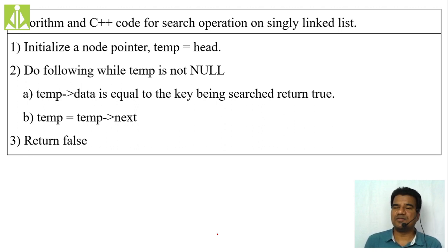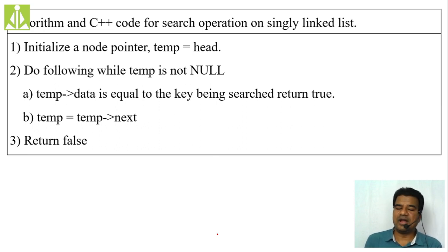That is the reason we are taking another pointer, similar to head, and naming it the temp pointer, a temporary pointer. Every time we move the temporary pointer one step ahead, and we check in that node whether the current value we are searching for is there or not. We call it the key. So every time we check whether the key is present inside that node or not. If the key is present, we stop the searching there itself. If the key is not present, we move to the next node and perform the same operation there also.